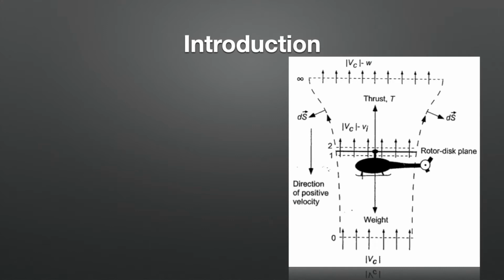you can see here the flow of the air, the flow of the fluid is from bottom to the top. So upstream is at the bottom, 0, and downstream is at the top, the infinity. The climb flow model cannot be used in a descent because now the climb velocity is directed upwards and so the slipstream will be above the rotor. This will be the case whenever the climb velocity is more than twice the average induced velocity at the disk.